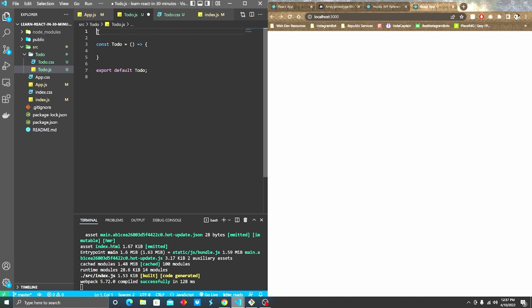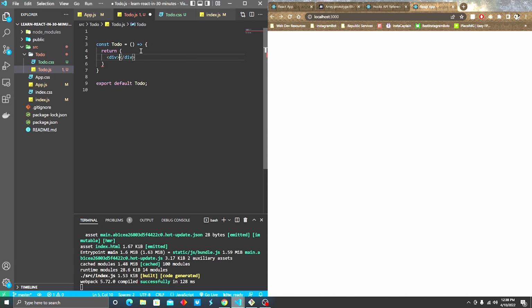I'd recommend you Google what is the difference between a stateful and a functional component. Typically one is class-based and one is function-based. React is moving a lot more towards functional components, so I would definitely make sure you brush up on what that means. We are going to go ahead and return